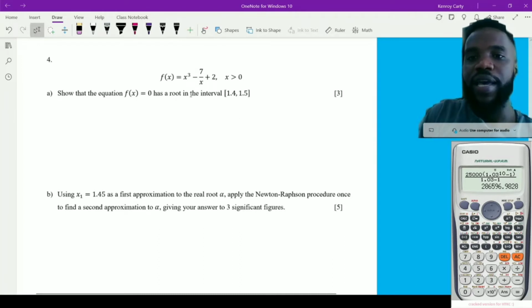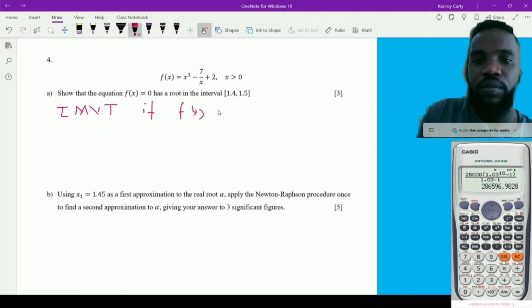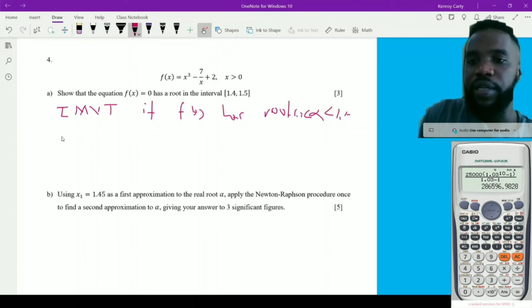Question 4 says f of x is equal to x cubed minus 7 over x plus 2, where x is greater than 0. And there are some concepts that you can see here that make sense. It says show that f of x equal to 0 has a root in the interval. Alright, this is what we call now the intermediate value theorem, IMVT. Alright, and it says that if f of x has a root, I'm going to call it alpha, between 1.4 and 1.5,